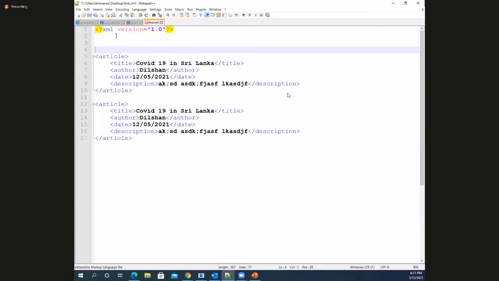And then the next part. But now you have to define the DTD, right? Document type definition. So you know this is